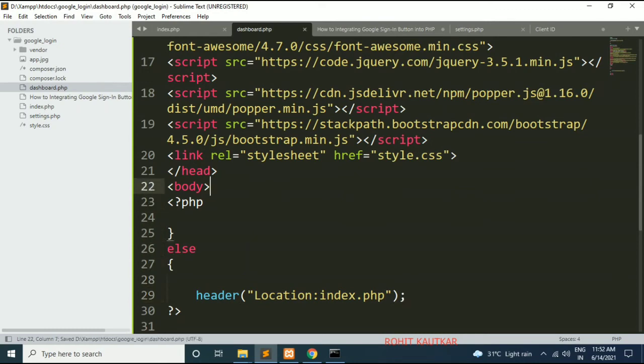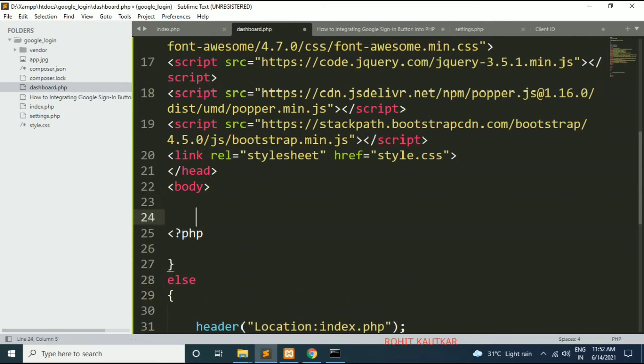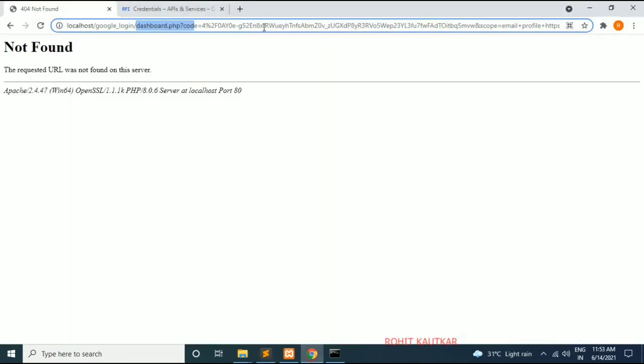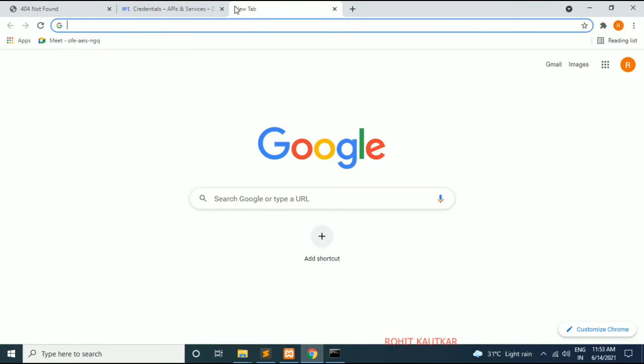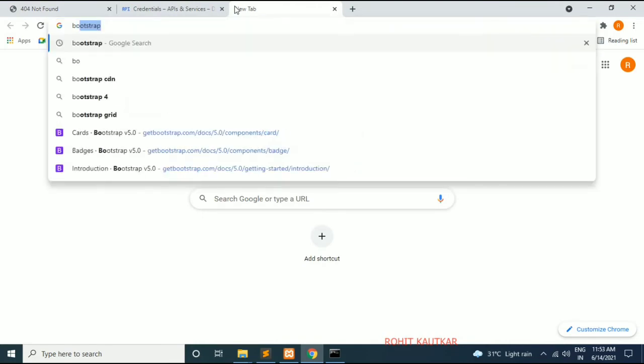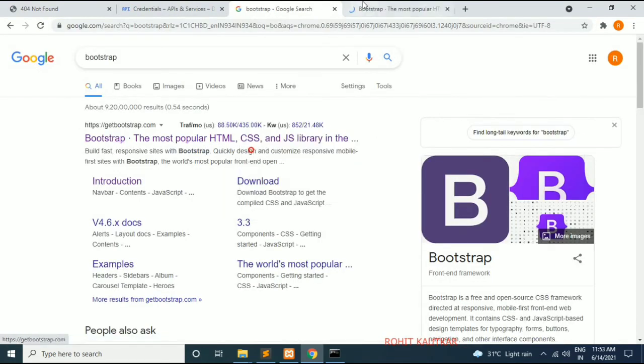Okay, and now here we will try to present the basic information that we have set within the session variable, like his name, profile picture, email address, etc. Now friends, to present the basic information of the user, so for creating a card I will use Bootstrap. So visit the Bootstrap website